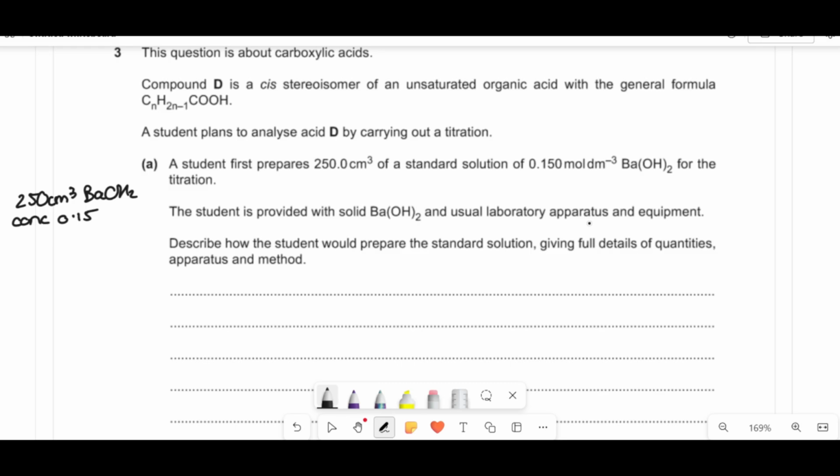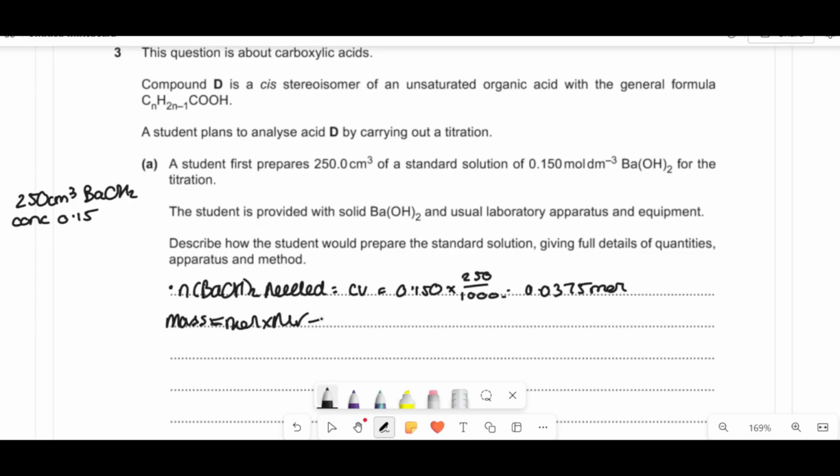All right. So if we want to make 250 cm³ of this concentration, we can work out the moles needed. The moles of Ba(OH)2 needed would be its CV, which is 0.150 times 250 over 1,000, which means you're going to need 0.0375 moles of this stuff. Now, obviously, we can't measure moles in the lab, but we can do mass equals moles times the Mr, which is